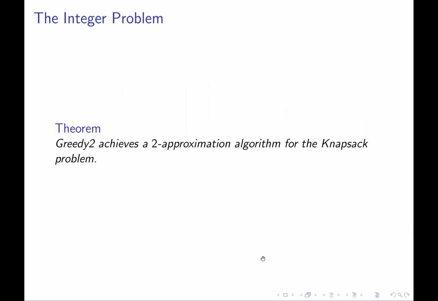And so I want to claim that this second modification of the greedy algorithm actually solves our problem. It's a 2 approximation, and it satisfies this monotonicity property that we need for truthfulness. Okay, and so let's establish those 2 properties. The first thing I want to claim is that this algorithm is a 2 approximation. It is guaranteed, no matter what happens, to output on any instance a solution that obtains at least half of the welfare of the optimal integer solution to the knapsack problem.